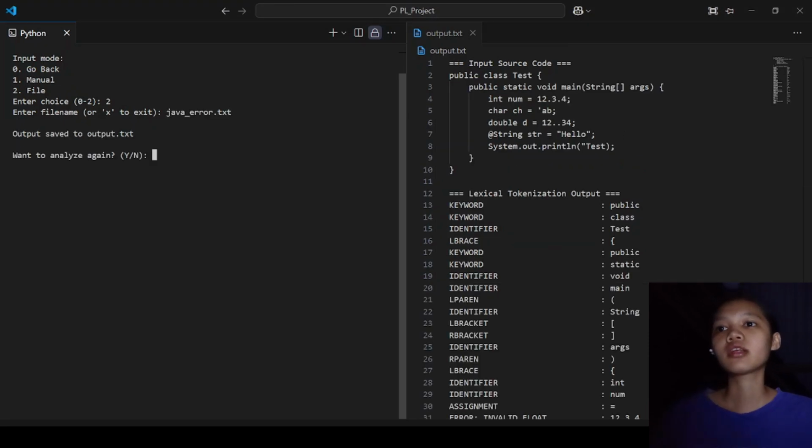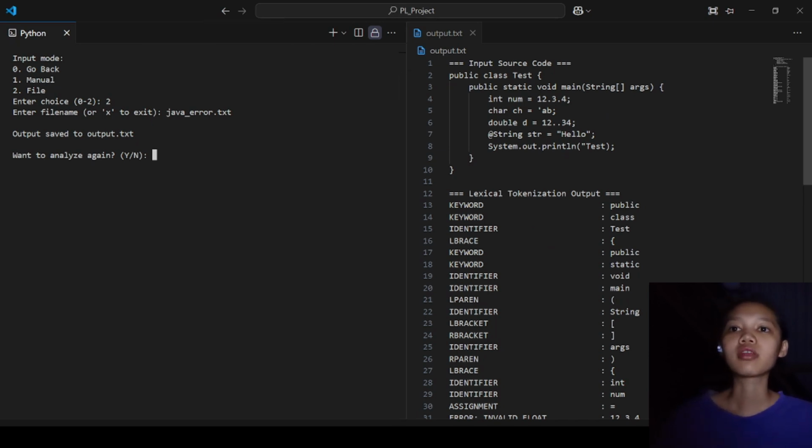Now we have the file java_error.txt, and it generated an output.txt for the results.